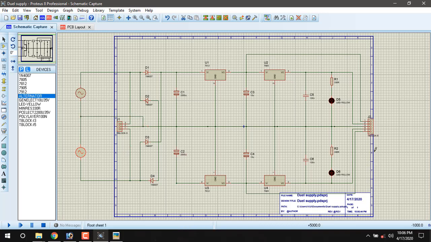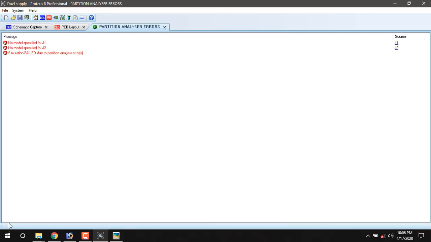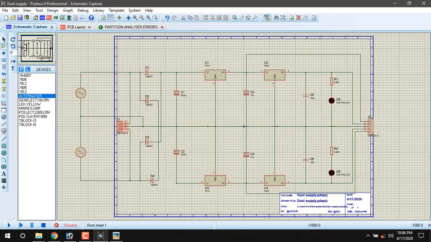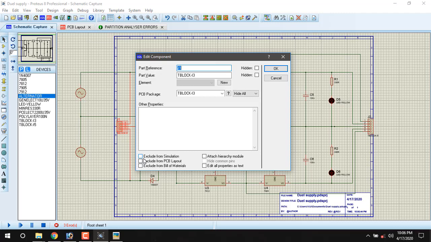Now if you run this from the bottom corner, there is an error: no simulation model for J1 and J2. So the circuit is trying to simulate J1 and J2, but J1 and J2 will not contribute any simulation work. So double click J1, exclude from simulation. Okay.